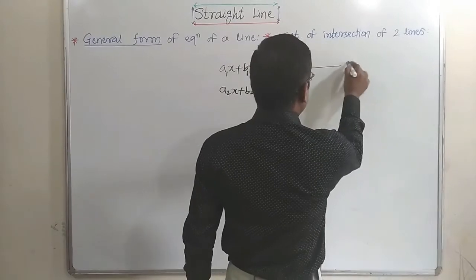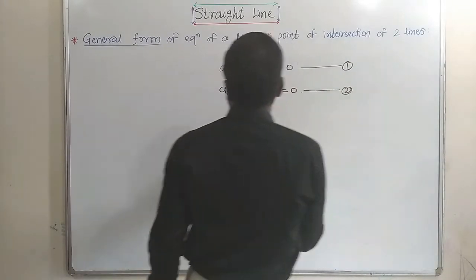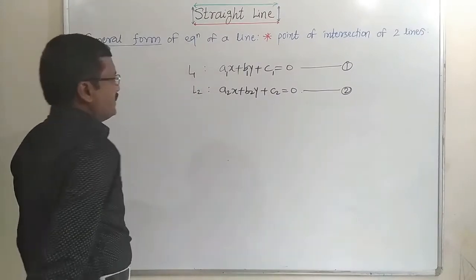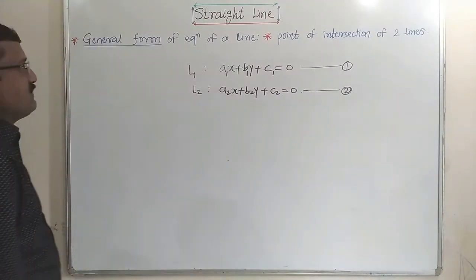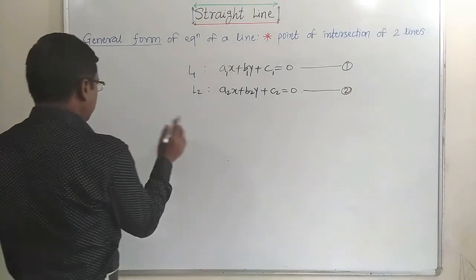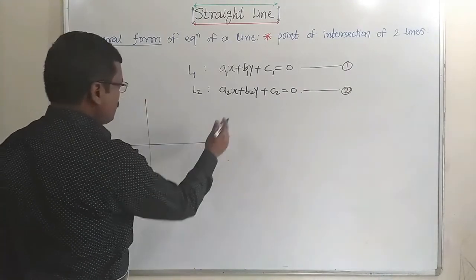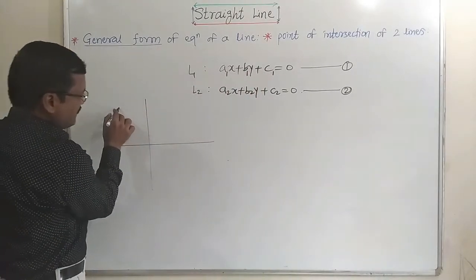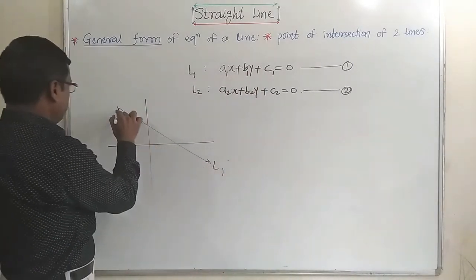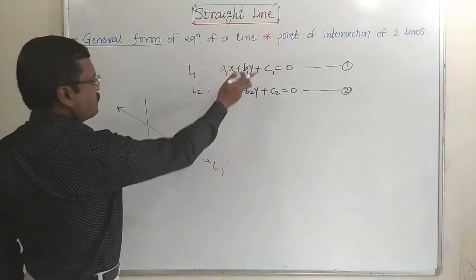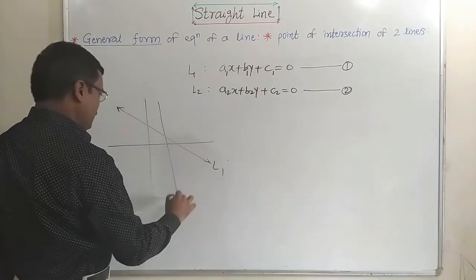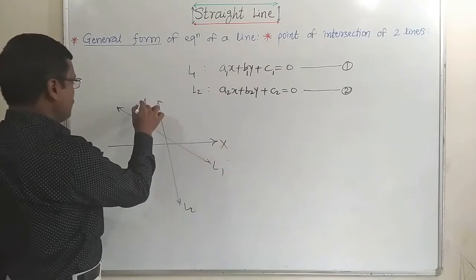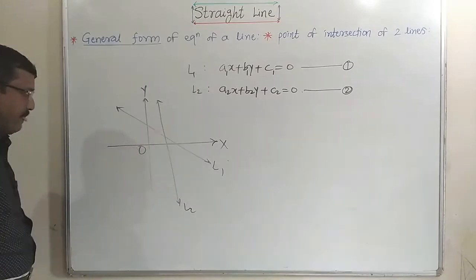These are two lines, first and second. We can represent these lines as L1 and L2. Now, to find the point of intersection of two lines graphically, suppose we don't know the exact position or we have not taken the exact values of a1, b1, c1. So let us consider that this is the first line L1, and this will be another line because these coefficients are different. That's why I am taking another line, considering this as L2. This is the x-axis, this is the y-axis.